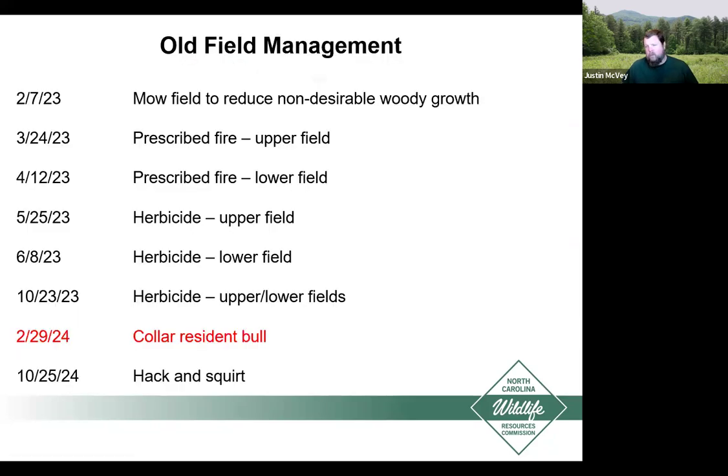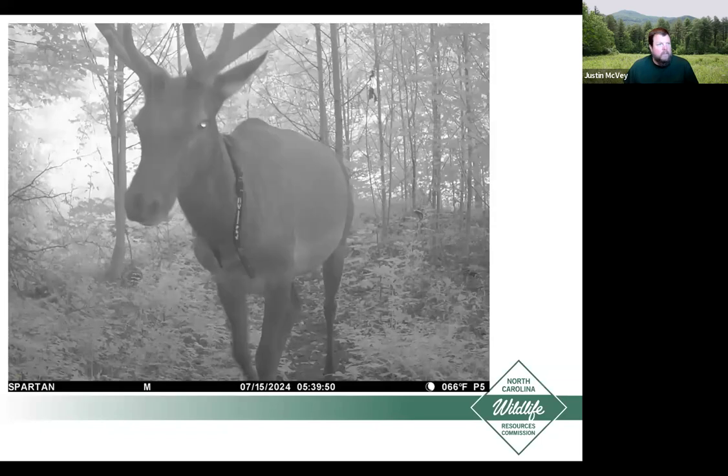So another part of this whole project was not only changing that vegetation in the pastures, but also looking at elk use. So we had collared animals around the area in the landfill herd and the Cove Creek herd and then the White Oak herd, but we had never been able to collar any of the satellite bulls, a little bachelor group that used this property. We were able to do that in February of this year, and we were able to get a hold of this fella and adorn him with some brand new hardware,